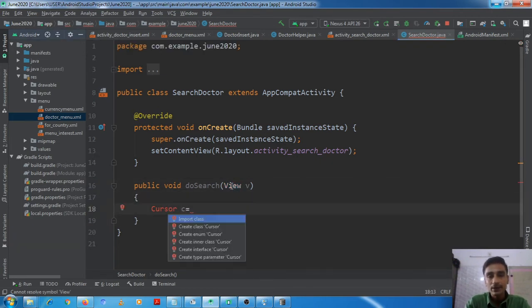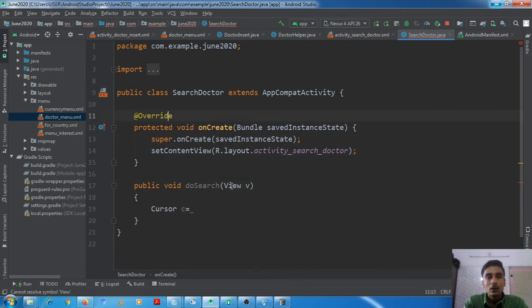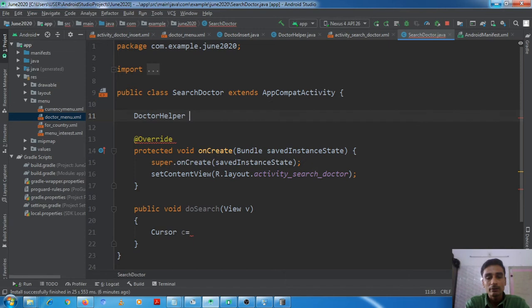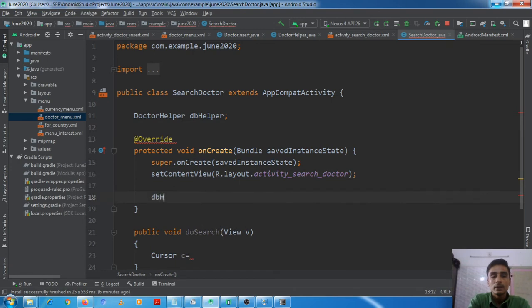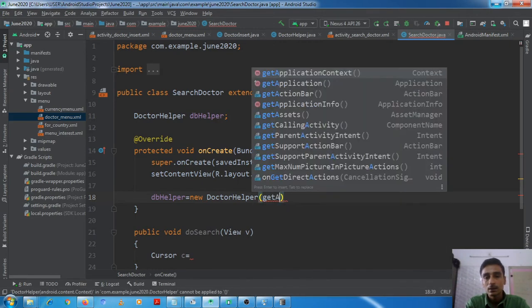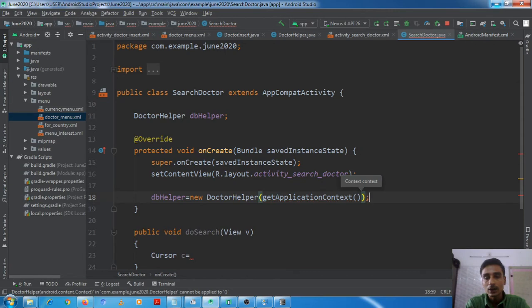Okay, my friends, doctor helper we have name as DB helper. Okay, here DB helper is equal to new doctor helper and get application context.